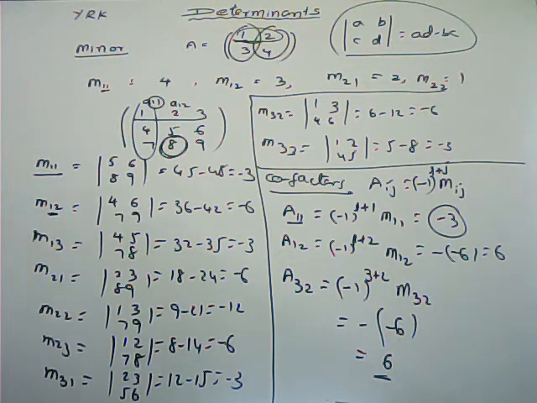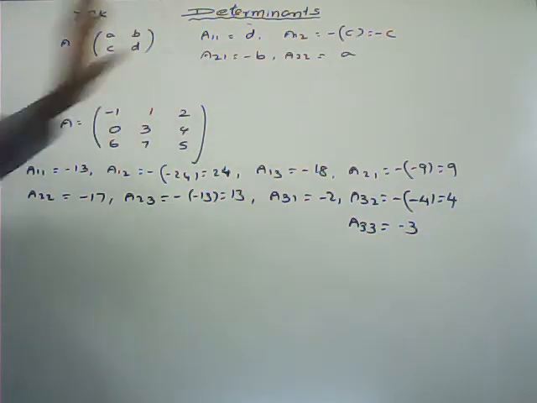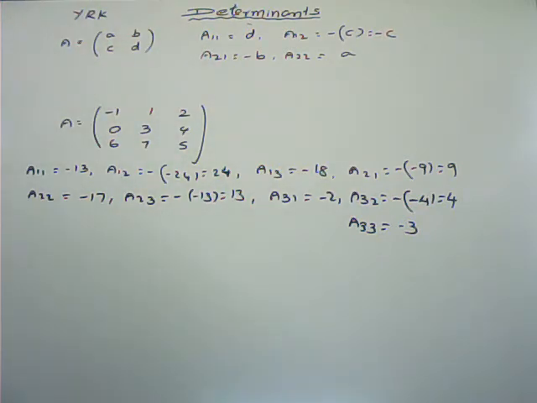Now I am going to say what is the determinant. Already, I told you how to find the cofactors. Here A is equal to [[a, b], [c, d]], a 2 by 2 matrix, and I have written the cofactors. To get the cofactor of any particular element Aij, that is equal to (-1)^(i+j) times Mij.